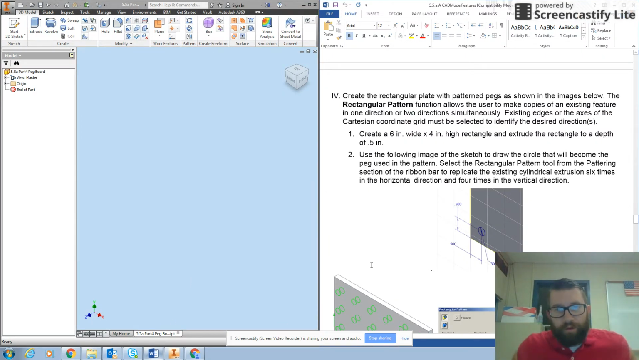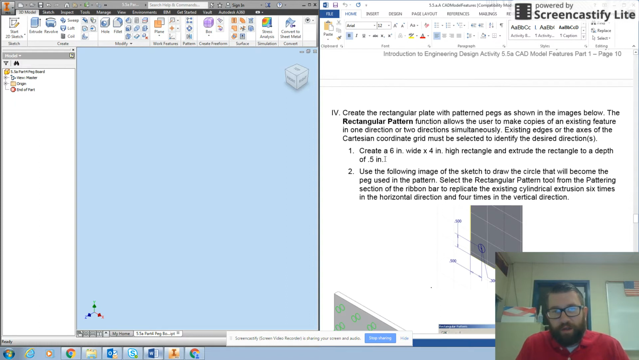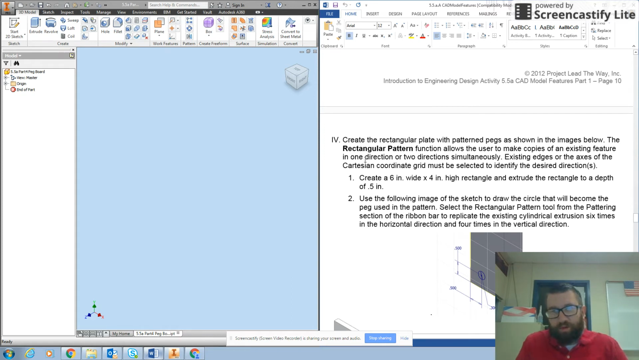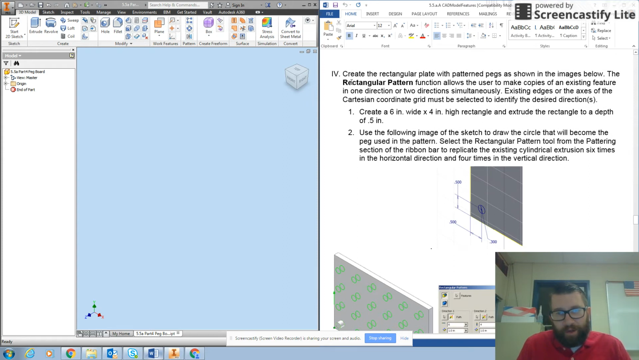Okay, today we're going to do CAD model features part 5, which is the rectangular pegboard. So we're going to use the rectangular pattern feature here with this one and show you that you can replicate a feature very easily across a wide area. So this says create a 6-inch wide times 4-inch high rectangle and extrude the rectangle to a depth of 0.5